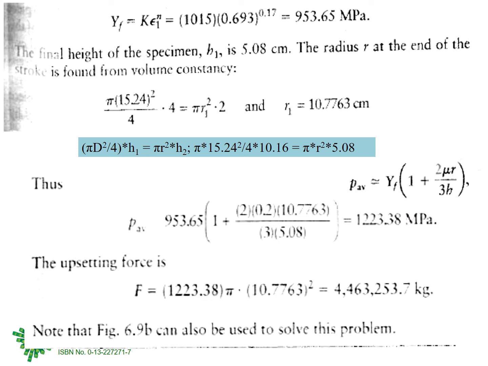So again, let me impress upon you that you read the question carefully, you write the data knowns and unknowns, then you go back to the equations and you plan out how you will do it. This is my final equation for average pressure which I will use. I am given mu and I am given H, but I will have to find final radius from the constant volume equation. I will have to find YF from the sigma is equal to K epsilon n equation, and there I will have to find the epsilon. So you do those things.